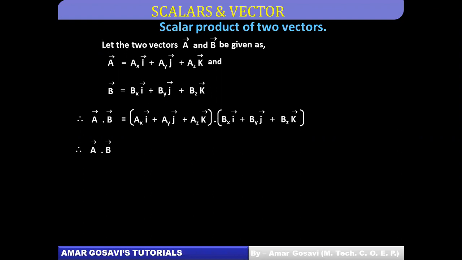Now, friends, for A bar dot B bar, the first term is, you can see, I cap dot J cap. Okay, because if I'm multiplying AX with BX, then it should be I cap dot I cap, right? Isn't it? It should be I cap dot I cap, AX BX. So you have to make that correction. Here instead of J cap, it should be I cap dot I cap. That correction has to be made.